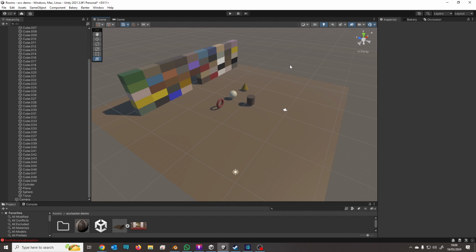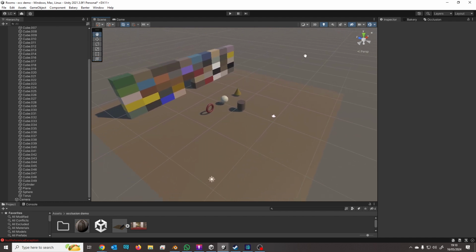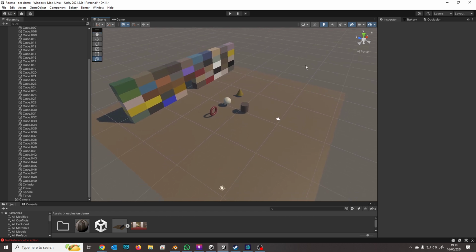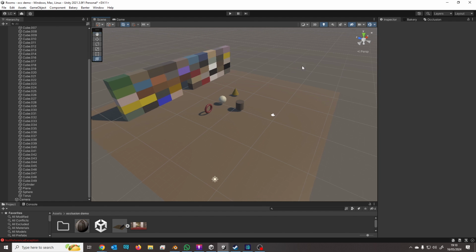If it's an occluder, anything that is behind the wall will not be rendered, will not be seen. If it's an occludee, it's something that is affected by that brick wall. So almost all things should be both an occluder and an occludee unless it's a very, very small object. If it's a small object, it's never going to block your field of vision. You don't need to mark it as an occluder, just mark it as an occludee so it'll disappear when it's